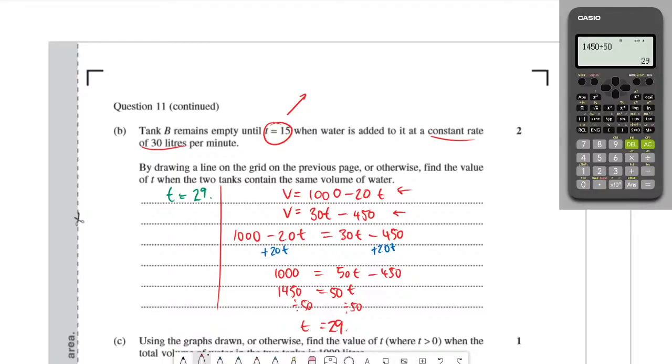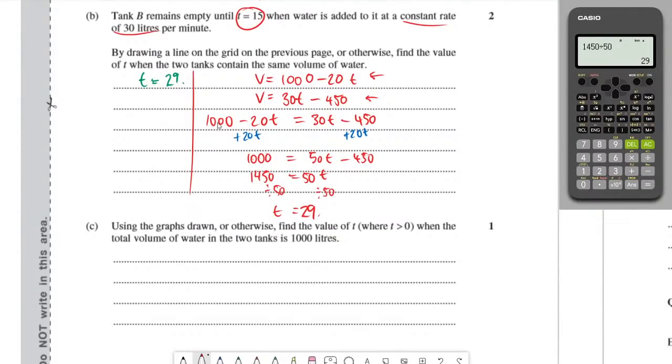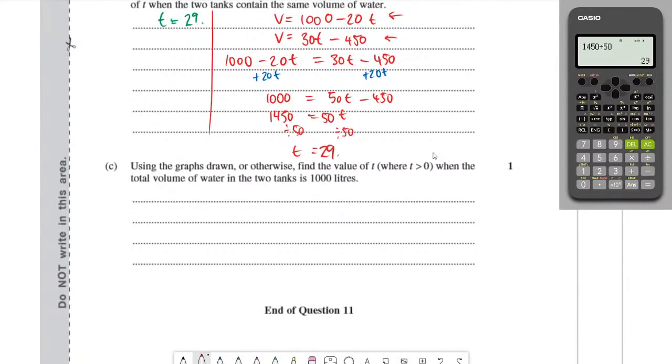But the more accurate your ruler and the more accurate your drawings, the better you're going to be able to find it. But if you can't draw the picture or you're not very accurate, then you can solve these simultaneously as well. Using graphs or otherwise, find when the value of t, where t is equal to 0,